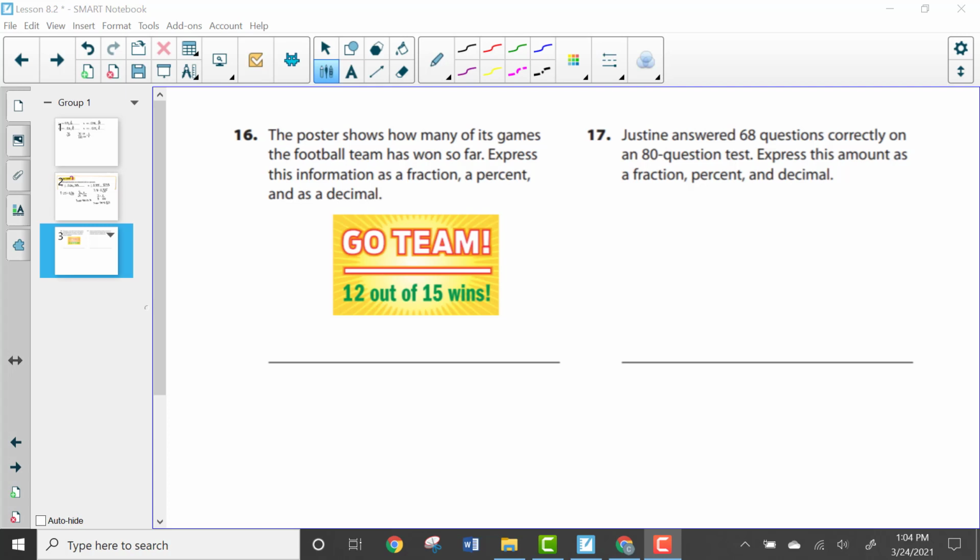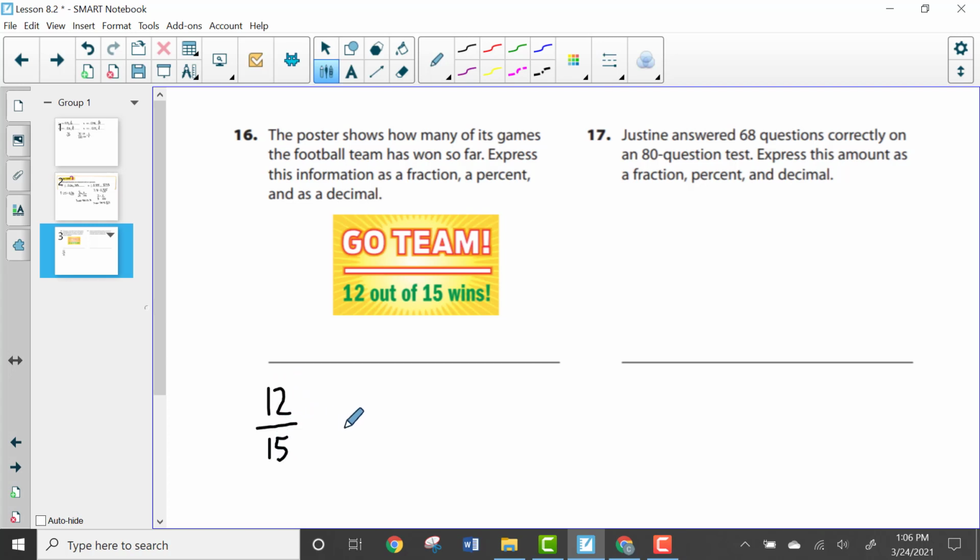So let's take a look at page 213. We're going to take a look at number 16 and 17, some real world problems. So it says the poster shows how many of its games the football team has won so far. Express this information as a fraction, a percent, and as a decimal. So if we're thinking of this as a fraction, 12 out of 15 is going to give you